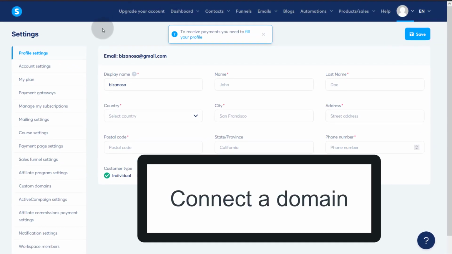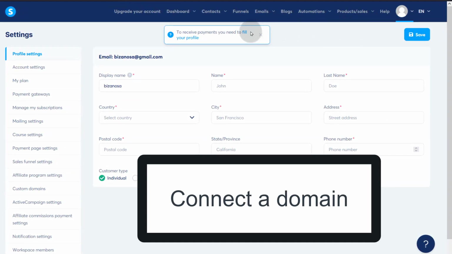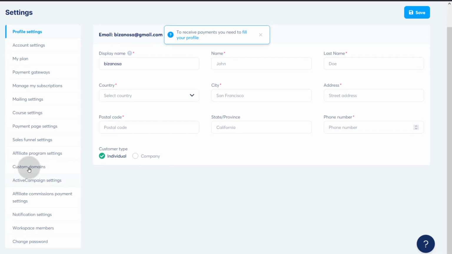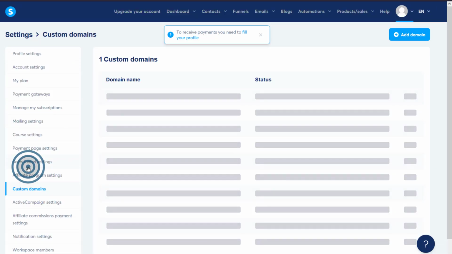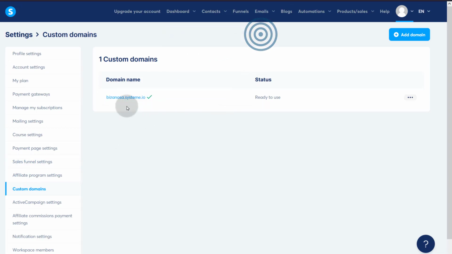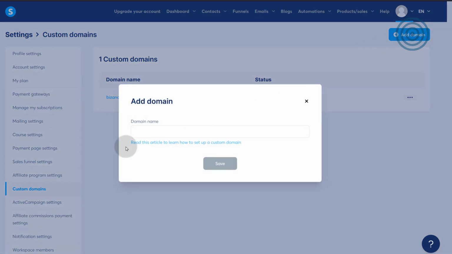All right, so if you want to add a custom domain, let's do one last thing. If you want to add a custom domain, just come here under your settings, click on settings, and then if you scroll down, you're going to see custom domains. So let's see if we can add a domain. So this is a domain that I get by default. I'm going to add a domain, a custom domain. Let me try